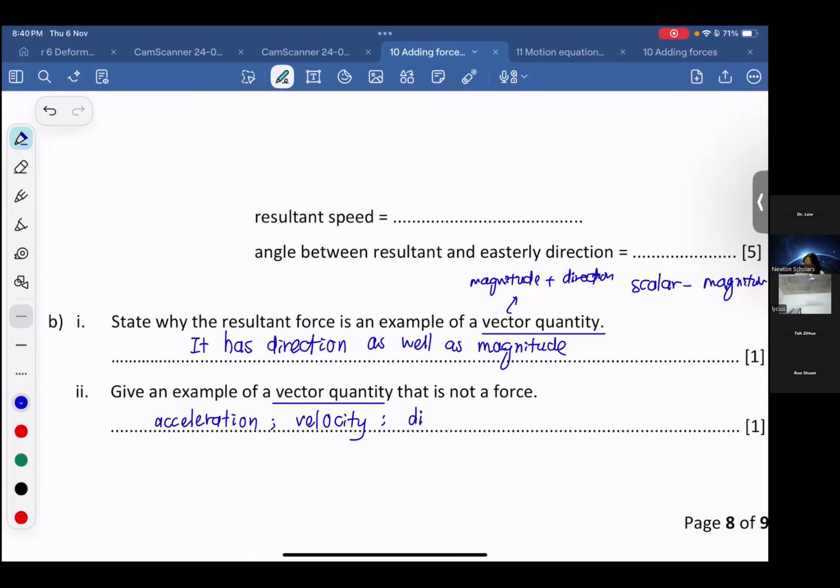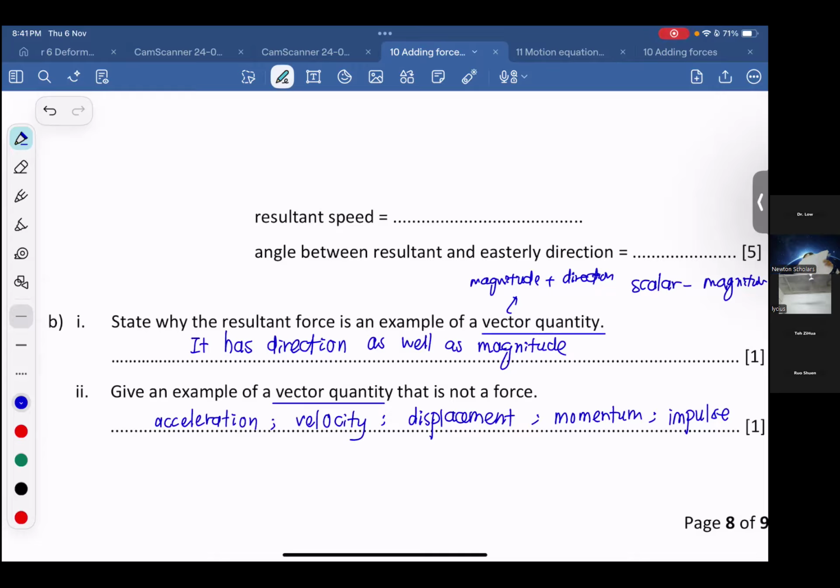Very good. Displacement. Okay, one more. Last week we learned momentum. Impulse. Impulsive force. Of course, impulsive force is one type of force. So no. Impulse, yes. Okay, all these we need to consider direction. They are vector quantities. Okay, so boys and girls, then we go